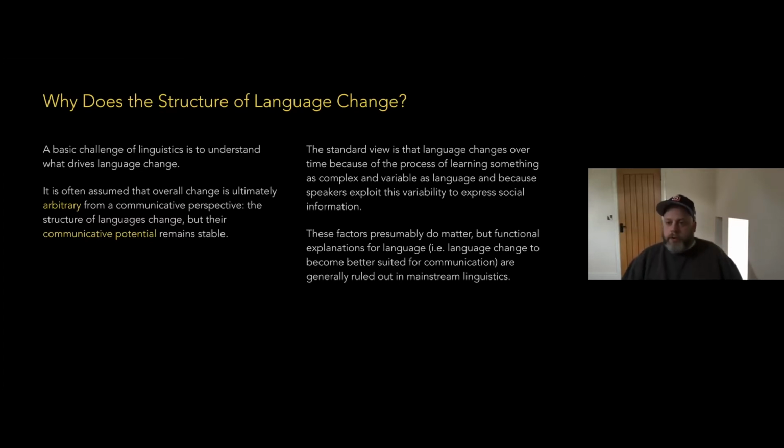And new variation emerges, and speakers exploit this variability to express social information, right? This is the idea that we use the fact that language varies, that we can express the same basic information using different forms. We take that variation to then express social information. We can vary our language, still communicating the same basic information, but use that to express additional meaning. And I don't doubt both of those things are important,